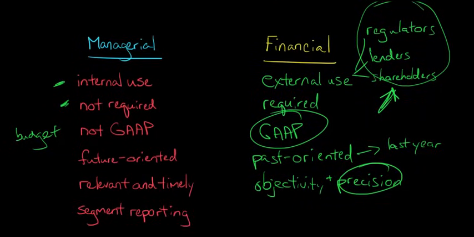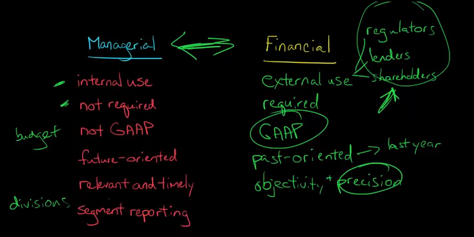And then, now, of course, there's many different differences between managerial and financial, but I'll say the last one here that's really important is that with managerial accounting, we're thinking about reporting by segment. Now, when we talk about segment, we're talking about divisions within the firm. Let's say the firm has an international division, then they have a division in the United States. Or they have a division that produces this type of part, and then a division that produces that type of part. Well, however the firm wants to slice it up, they can slice the firm up into segments or divisions.